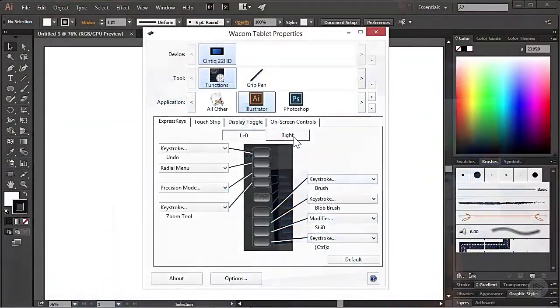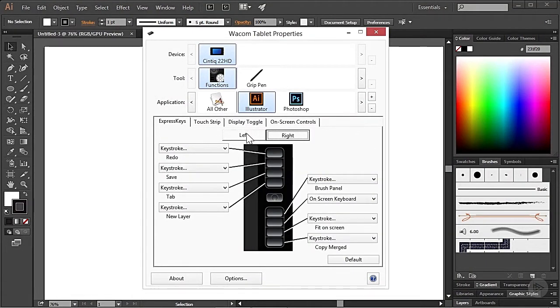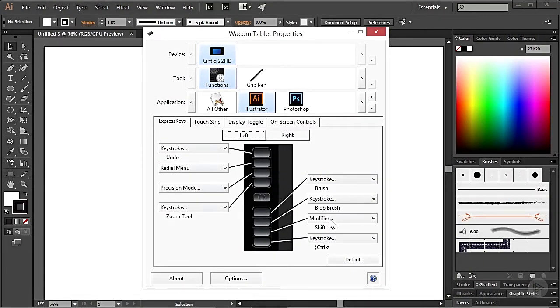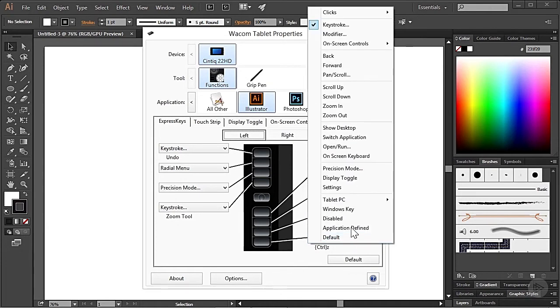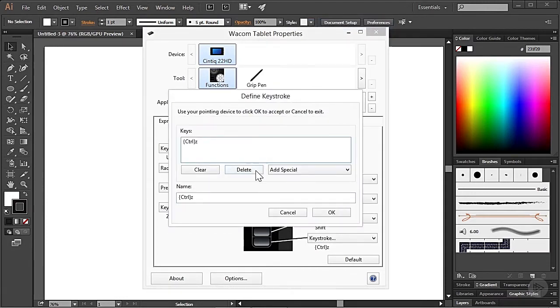All right, so just to show you, if we choose express keys, mine has this left and right option to specify the commands for each of these. So under left, I want to focus at the bottom. Now each of these keys, as you can see, has a drop-down menu, and we could choose from all these different options. So if you just want a keystroke to be recorded when you press it or activated,